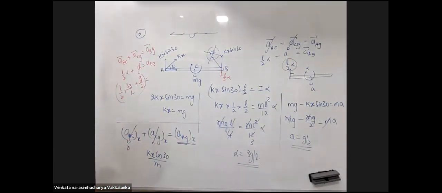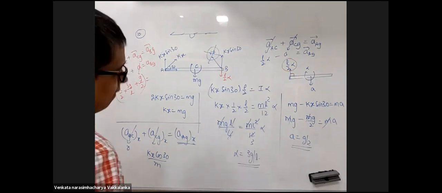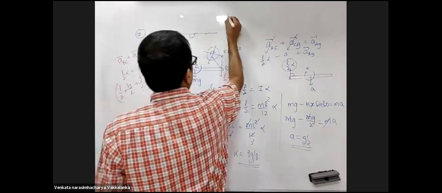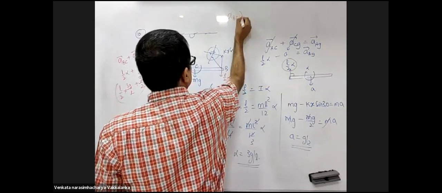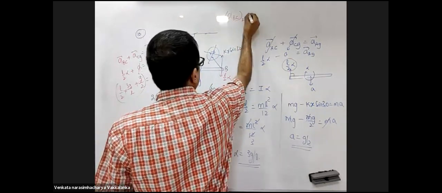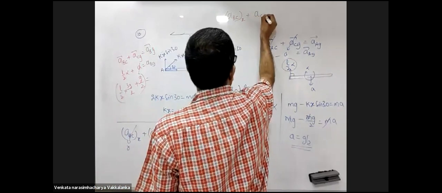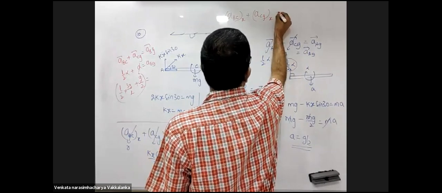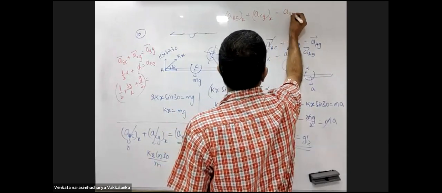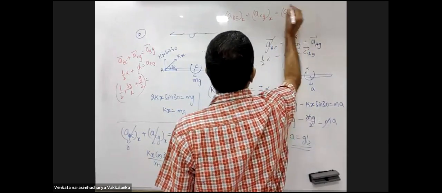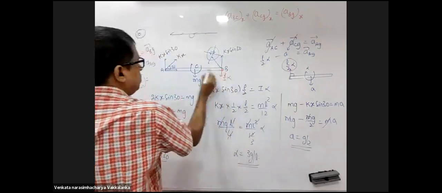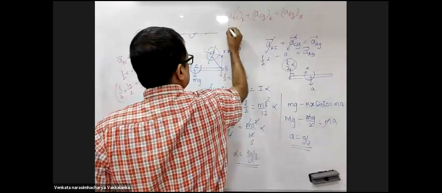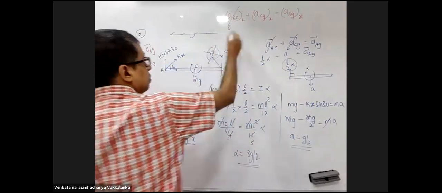No, sir, I am talking about the horizontal direction. It should have been minus √3 g by 2 in the answer given. Acceleration of B with respect to center of mass along x-axis plus acceleration of center of mass with respect to ground along x-axis will be acceleration of B with respect to ground along x-axis. Acceleration of B with respect to center of mass along x-axis is 0 because omega is 0.